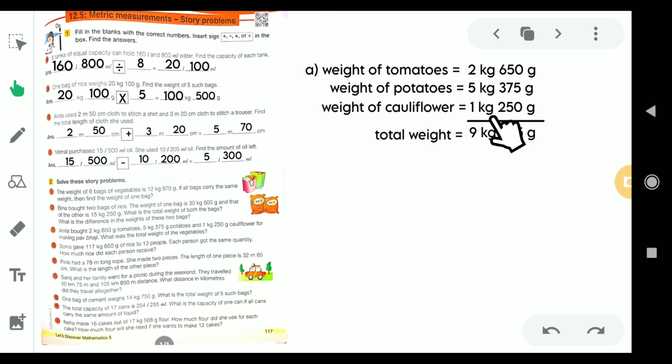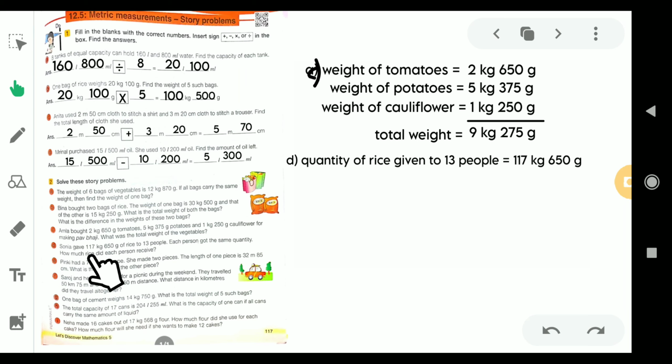D. Sonia gave 117 kg 650 gram of rice to 13 people, and each person got the same quantity. Then how much rice did each person receive? So she has already given 117 kg 650 gram to 13 people equally. Then if each of them will get an equal amount, then what is the quantity of the rice which is received